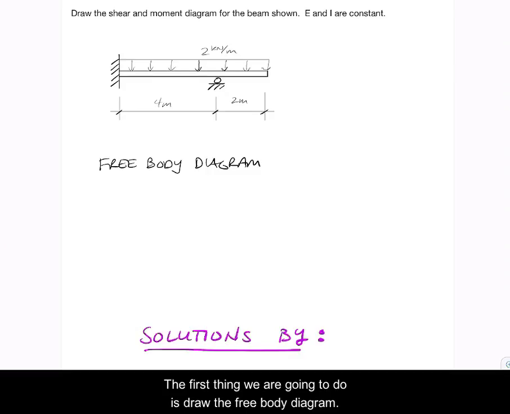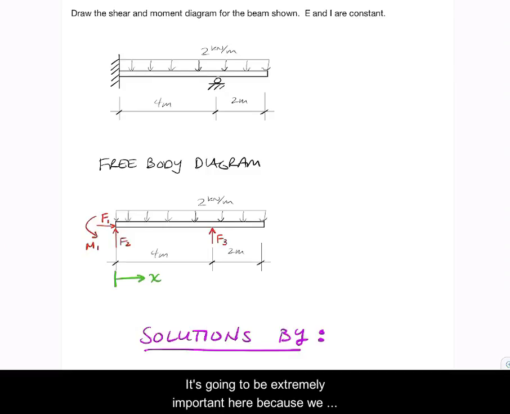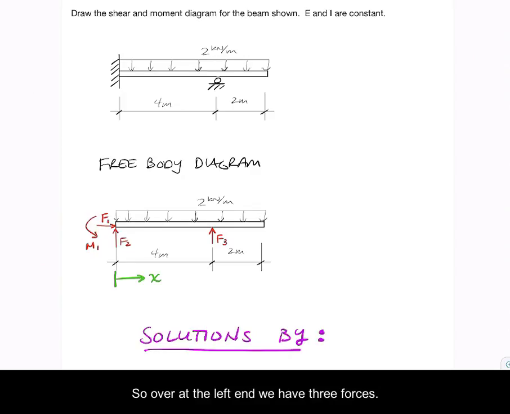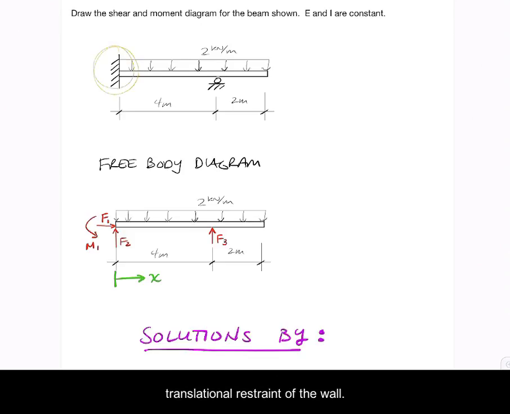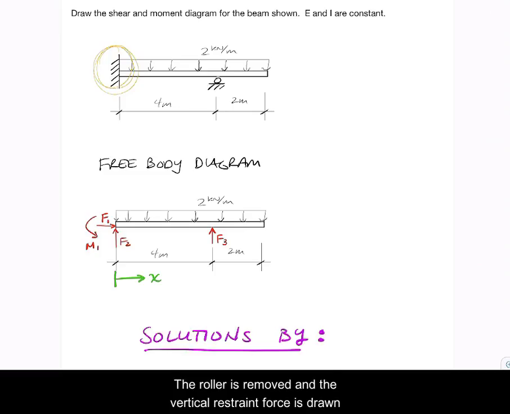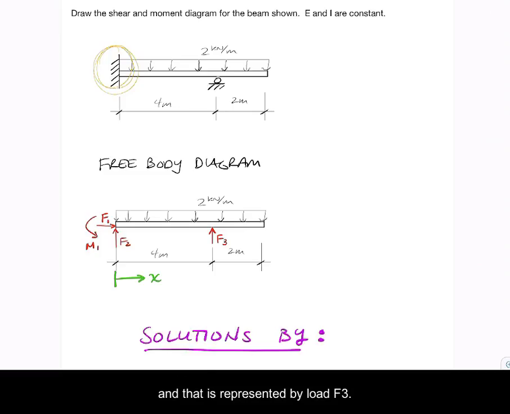So the first thing we're going to do is draw a free body diagram. And it's going to be extremely important here because we are going to need to know if this beam is determinate or indeterminate. So over at the left end there we've got 3 forces. We've got 2 perpendicular forces which represent the complete translational restraint of the wall. And we have a moment that I've called M1 which represents the rotational restraint at the wall. Over at the roller, with the roller removed, it had a vertical restraint, and so that's represented by